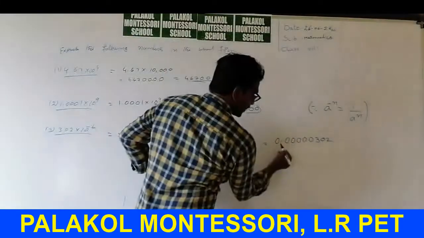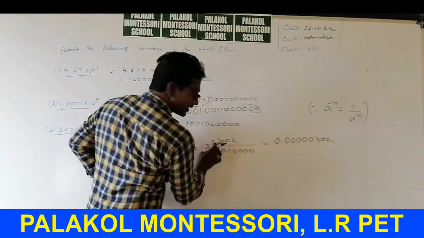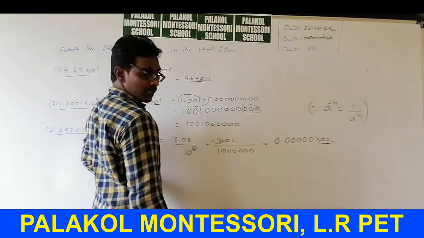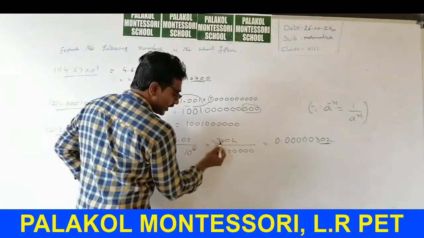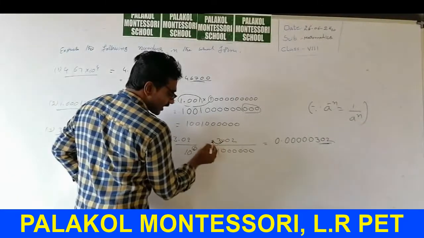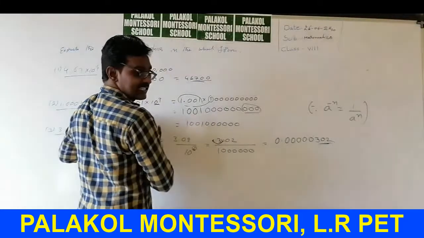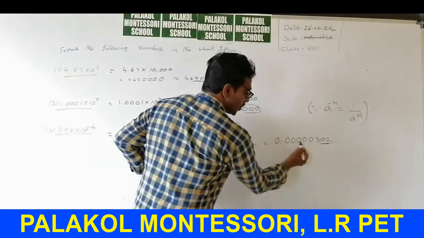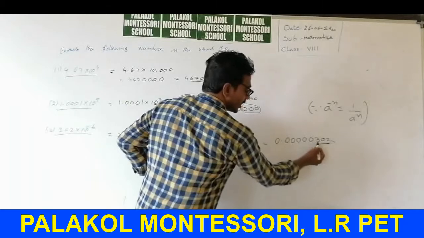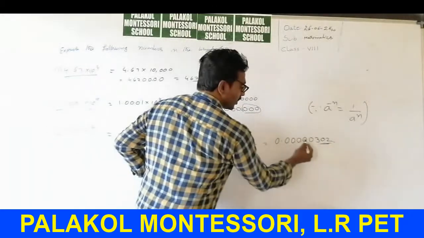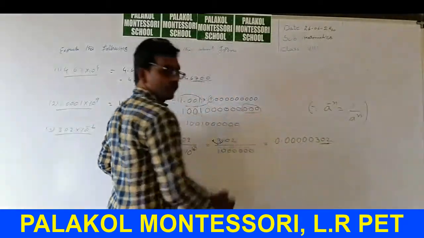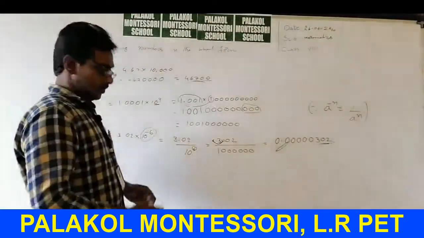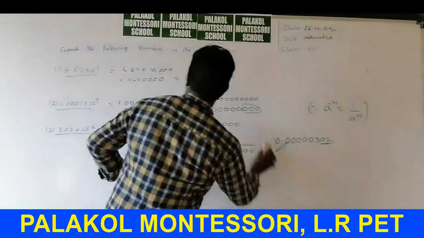Right? First I write this number 302. See here, this decimal is sent this side after 6 digits. That one I write 0.0000003. Count it, 1, 2, 3, 4, 5, 6. 6 numbers after the decimal you write. This is the exponent form. Now I write one sum on the blackboard.